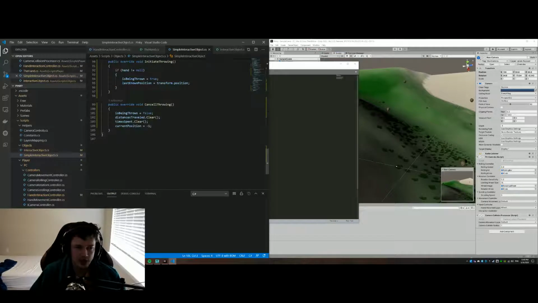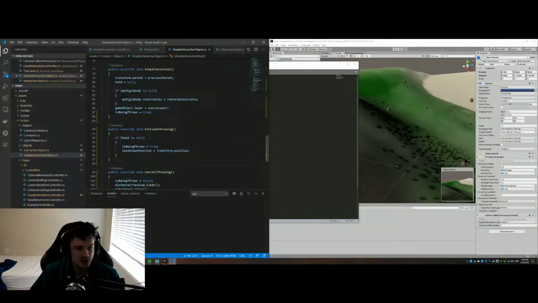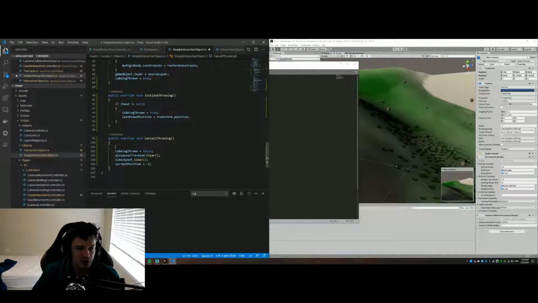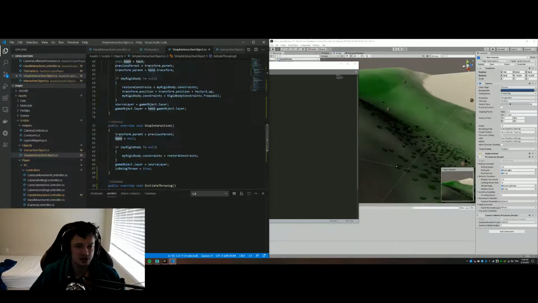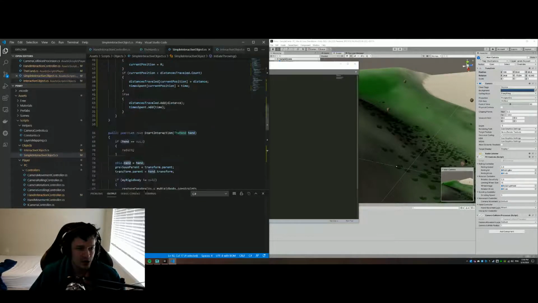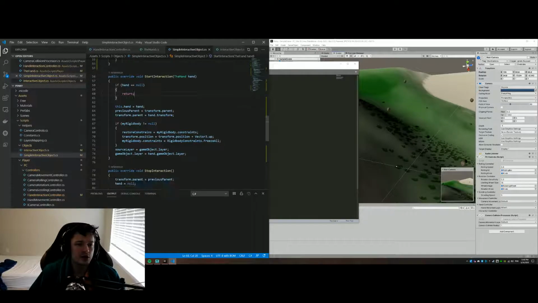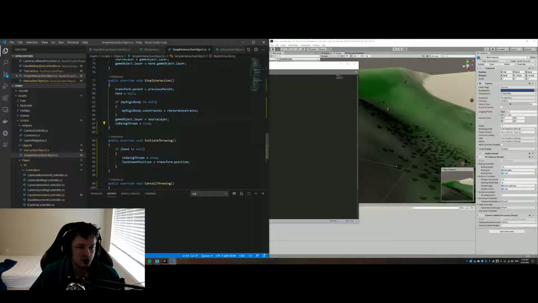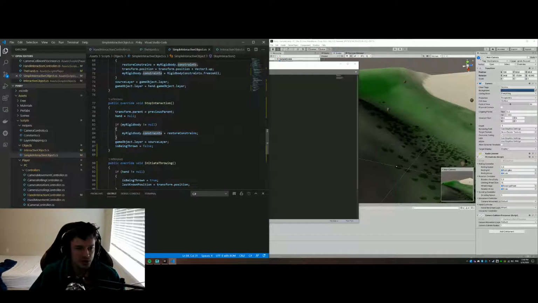On cancel, we're canceling this whole thing out, so that is not a problem. And we don't care about the fact that hand exists or does not, because we can cancel anytime. Then, on stop interaction, is being thrown equals false. And we'll need to